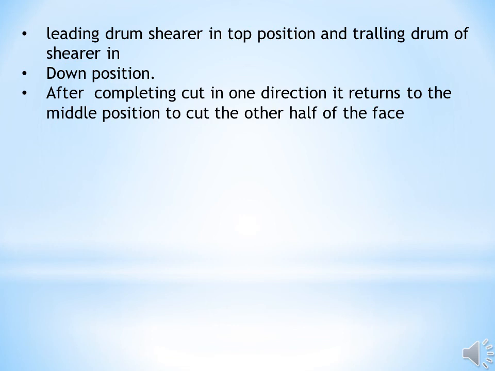After completing the cut in one direction, it returns to the middle position to cut the other half of the face. This is all about the Longwall method of mining. First we discussed what the methods are, then each of the Longwall mining methods, and then applicability conditions and cyclic face operations. Okay, then which equipment